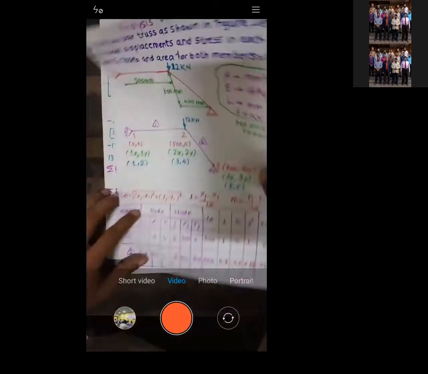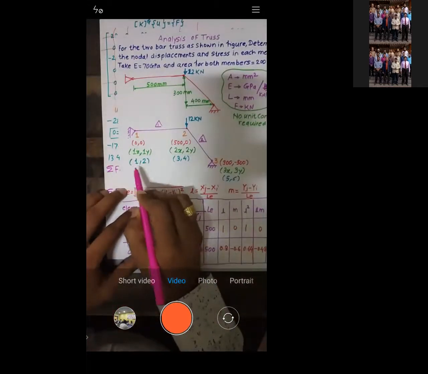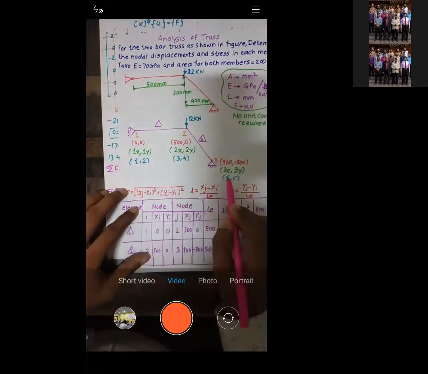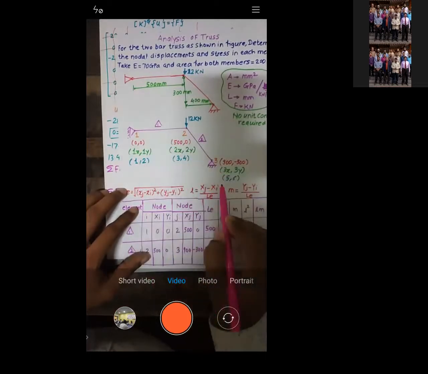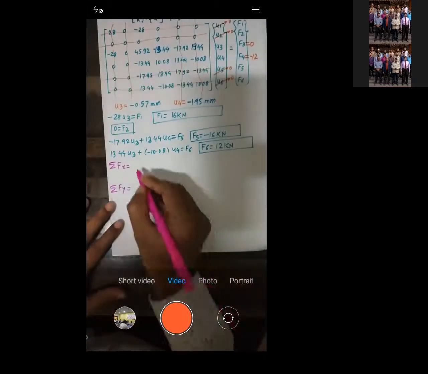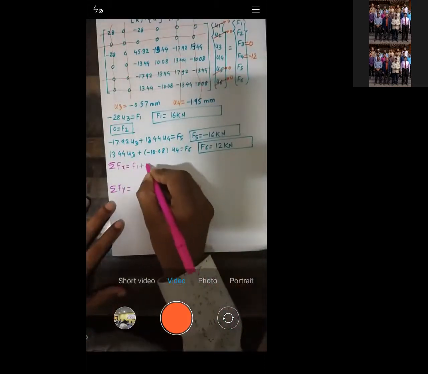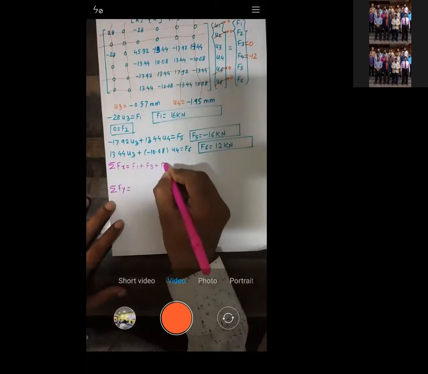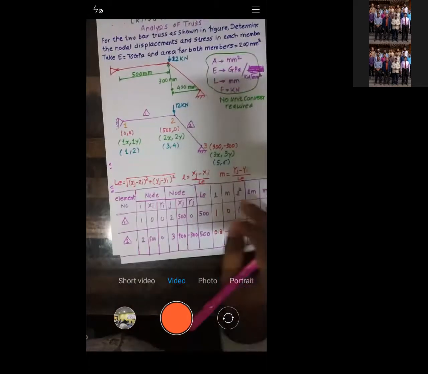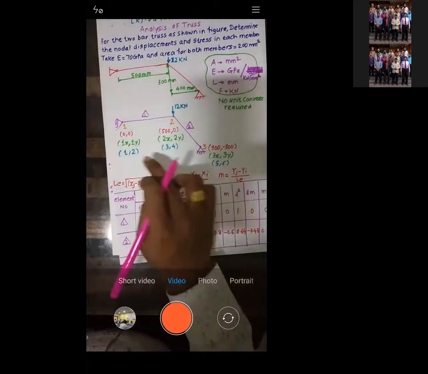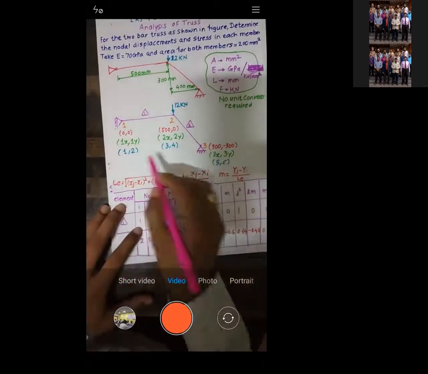Okay, now if you just see this, 1, 3 and 5 are related to the x direction, right? Like odd numbers, they're related to the x direction. So I'll just add F1 plus F3 plus F5. You can see it here: F1, F3 and F5 are in the x direction.